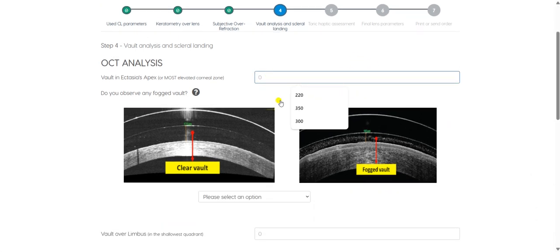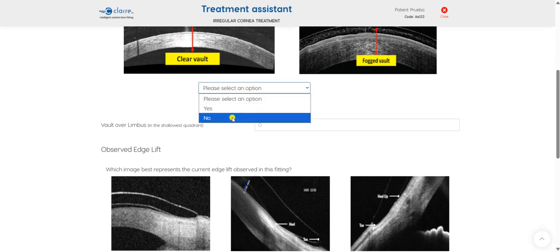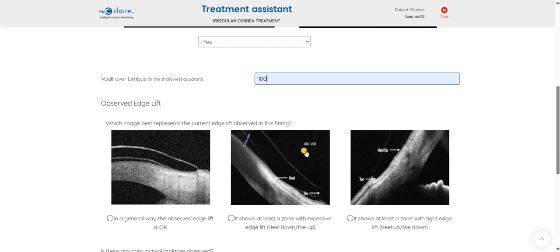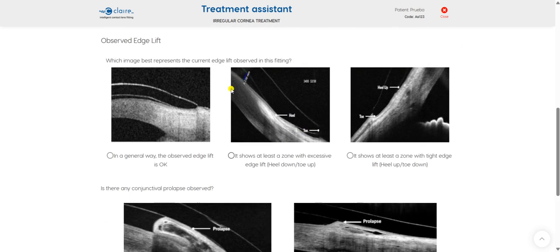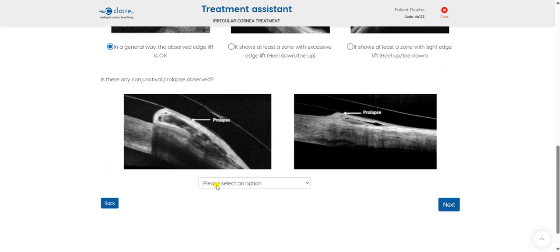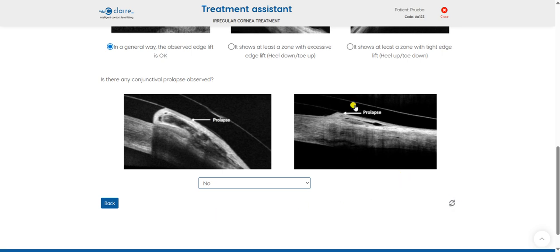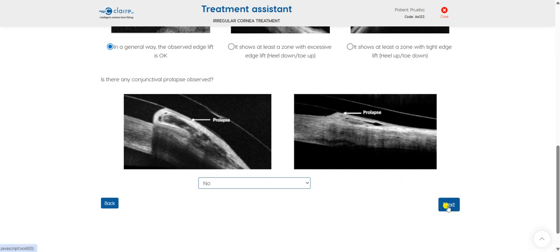Then some data concerning the OCT analysis. Okay, if there is fogged vault or not, vault over limbus, and which type of edge lift we are observing with the lens on. So we can select that it's a good scleral fitting, no conjunctival prolapse, for instance. So we just need to follow these wizard steps